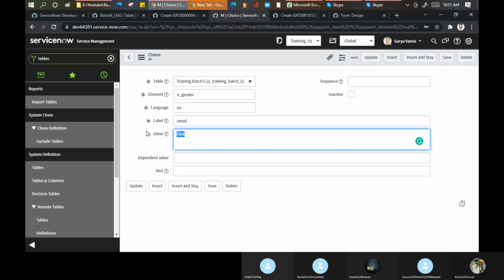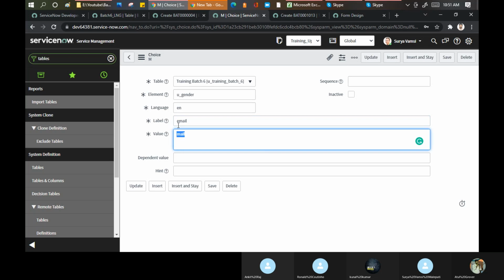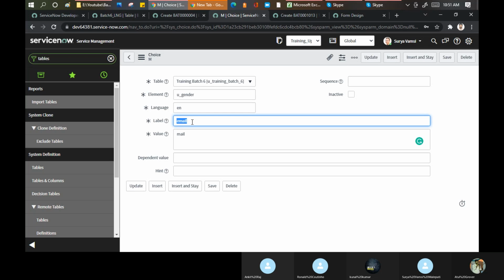Male and email. How many times do you write the full word in your sentences? We never write it, we always use the short word. But people still understand. Yes, I'm talking about the email. Again, this I learned from experience. From the user experience perspective, you give a good understanding.